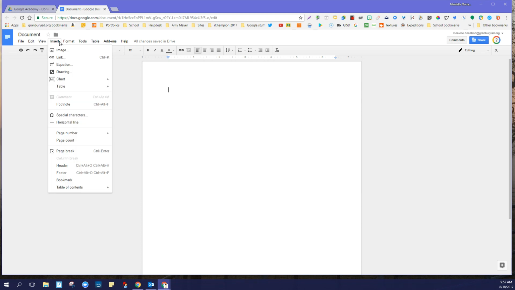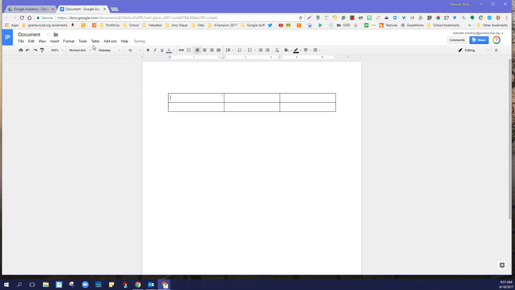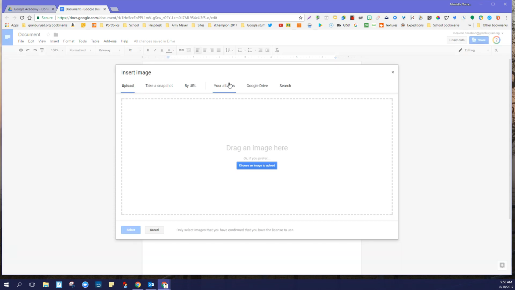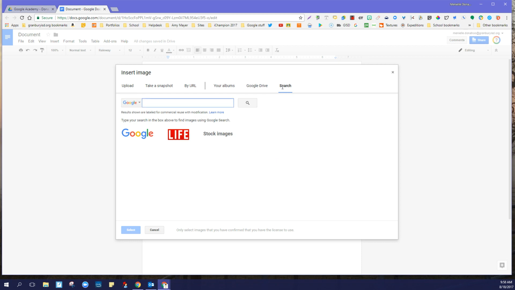Know that you can insert a table into your document. You can put text, images, that kind of thing in your document. If you want to put an image in your document, you're going to go here and insert image. One thing that I want you to notice when you're searching for an image inside of a Google document, when you search for